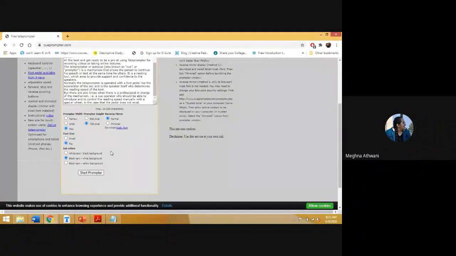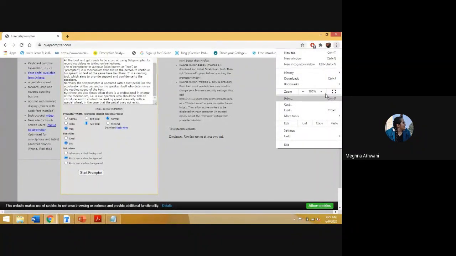There's one question: can I scroll it by mouse or only with keys? Yes, you can obviously scroll with your mouse. That is why I told you to use a wireless mouse so that it is not visible. In fact, I am also using a mouse right now. Because obviously when the laptop is away from you, you will not be able to use the keys. This is just for a demonstration. But sometimes people prefer using the mouse because they prefer the camera near to them. You can always use a mouse. It depends upon the teleprompter you are using, whether it is compatible or not. But many of them are compatible, so there is no need to worry.